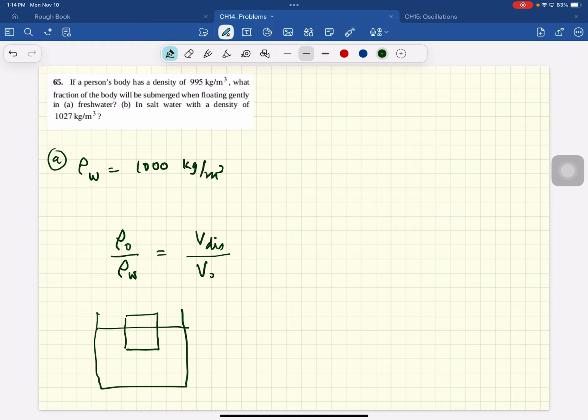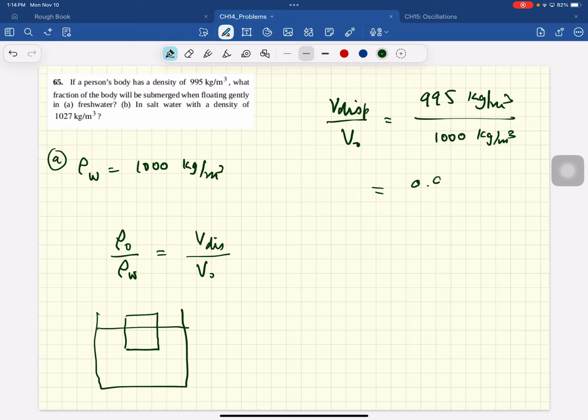So displaced volume divided by the volume of the object, that's the fraction that's submerged, is 995 kgs divided by 1,000. So 99.5% of the volume of the body is